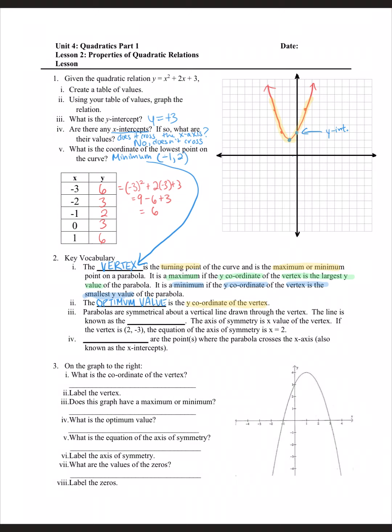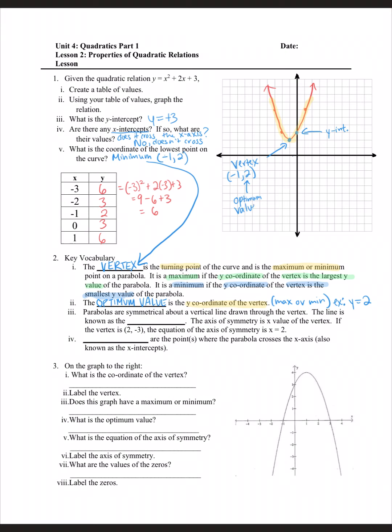So it's going to be what is your max or min. Okay, if we were looking at it in this case, the optimum value of this example here, our optimum value is going to be 2, right? So it's the y value of my vertex. My vertex is at -1, 2. So let's just identify that. That's our vertex. It's at -1, 2, and this part is our optimum